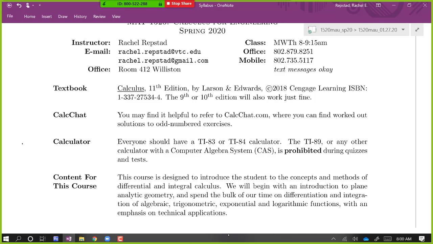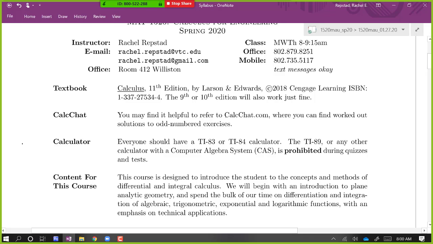But the practice exercises are just for practice. They're to help make sure that you're prepared for the assessments that are coming up. In this very first chapter that we're covering, the practice exercises are coming from a different text. But once we get into the second chapter of our notes, the practice exercises all come from this Larson text.